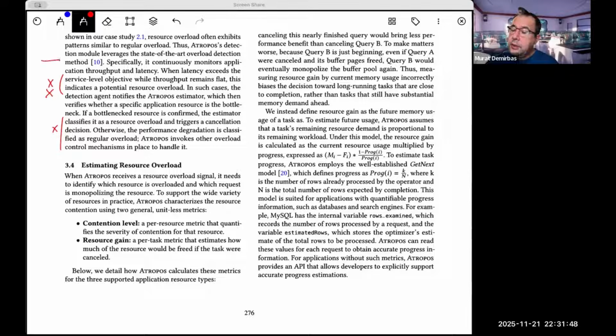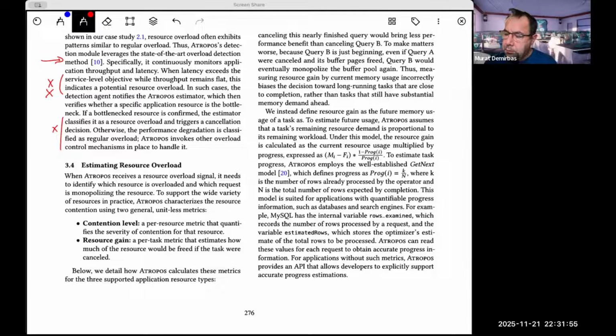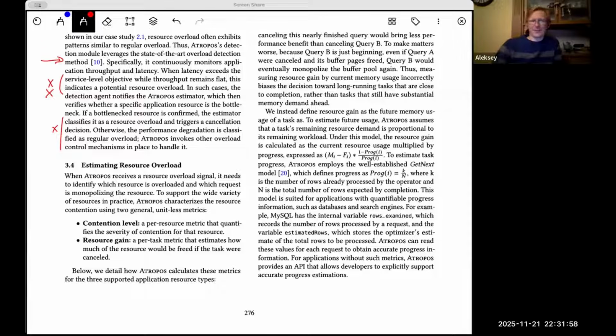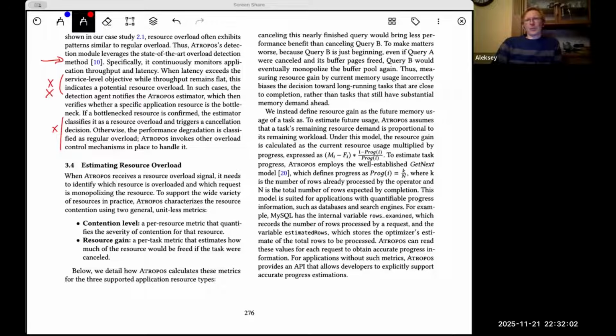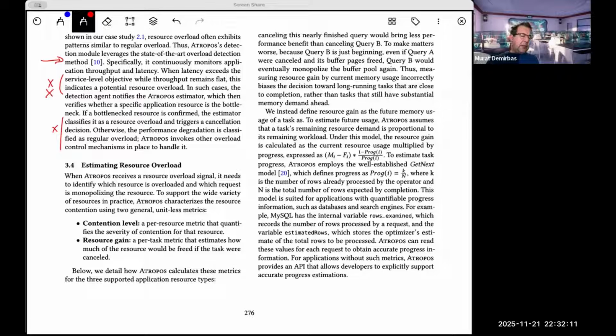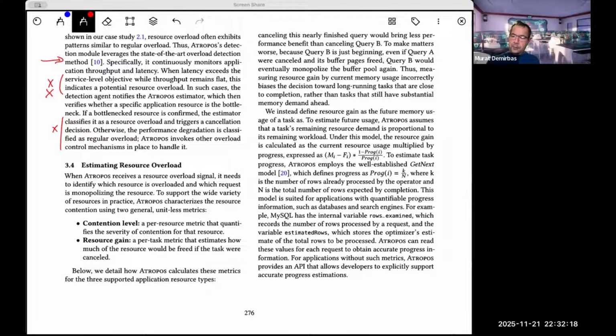So what is regular overload? It's like we're out of CPU, out of disk IOPS, bandwidth, network. Because remember, they only deal with the logical resources, the application level, like logical resources. And these are locks, queues, and what was the other one? They have locks, queues, and buffers.